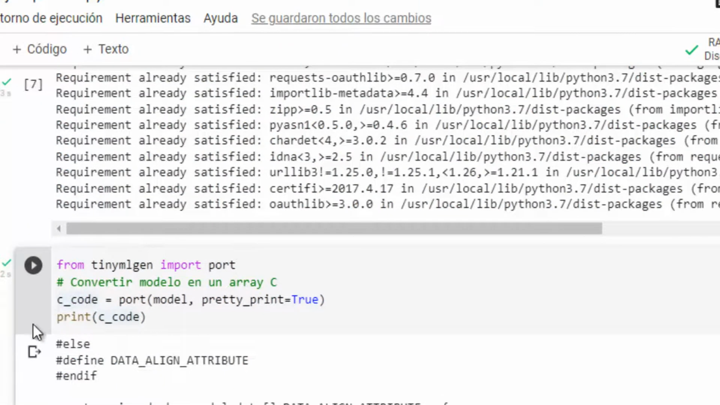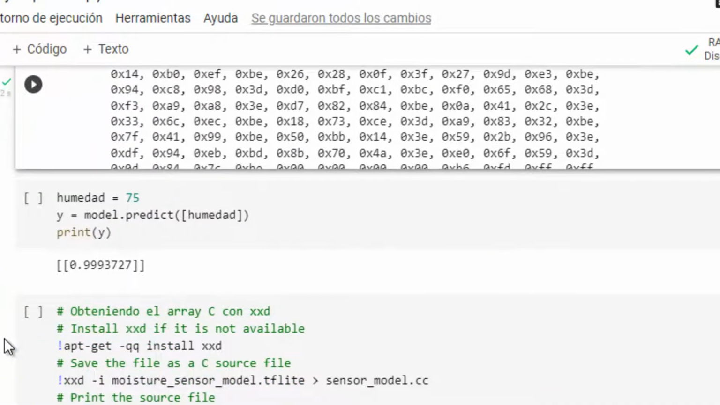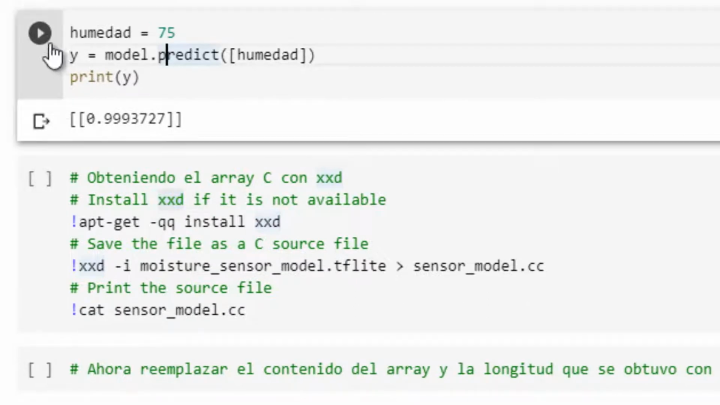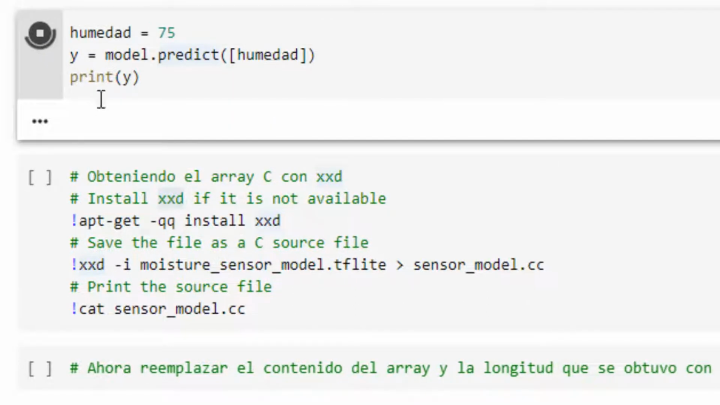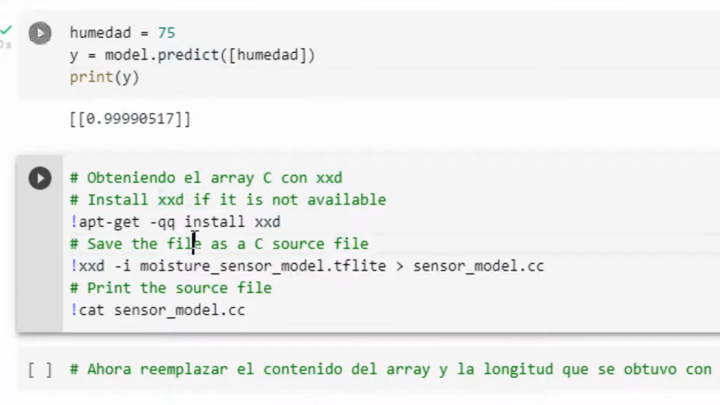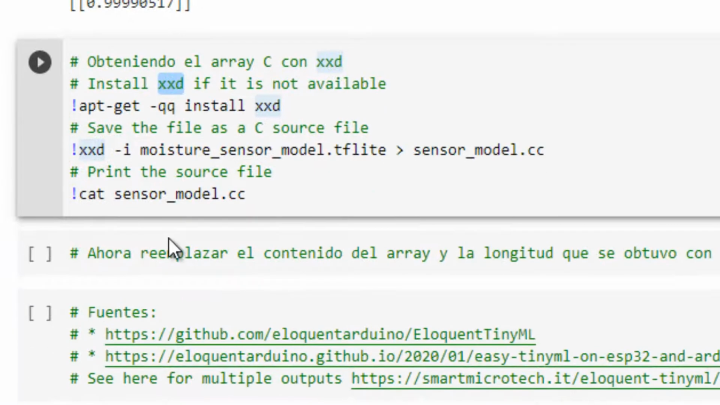To fix this problem, we need to install this Linux library, XXD. I will predict before. I forgot to predict. I'm just going to predict again. This is one example. This is class 1 or moisture class. Okay, I'm going to generate again my CRI using this new program. This is XXD, and this will work. Okay, this will be installed, and then we execute this command XXD